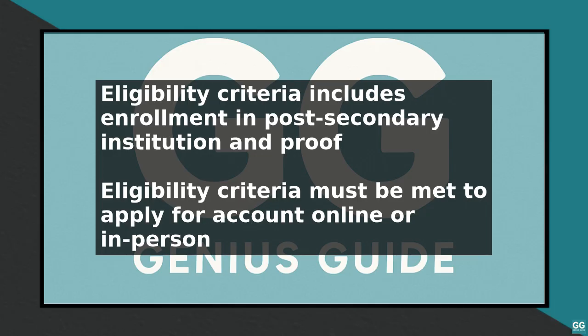To get started, you will need to meet the eligibility criteria, which typically includes being a student enrolled in a post-secondary institution and providing proof of enrollment. Once you have met the eligibility criteria, you can apply for a BMO student account online or in person at